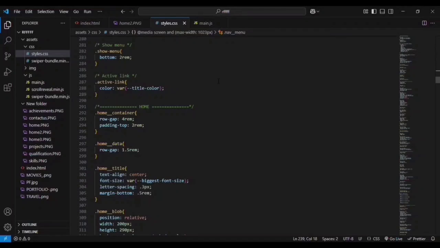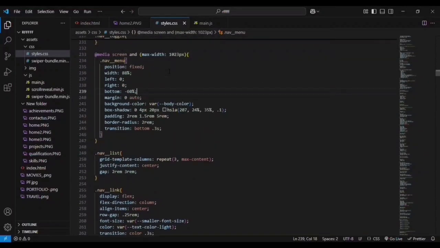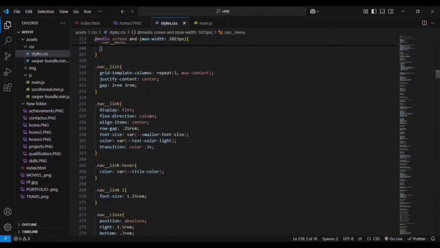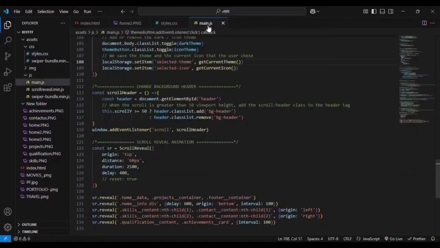You can see that the show menu will help us in making the bottom value visible. The bottom value is minus 60%, right? So here by giving the show menu as bottom to them, we are going to make it visible. I'll tell you how. What will happen is that we will have the menu icon, and whenever we click on the menu icon,